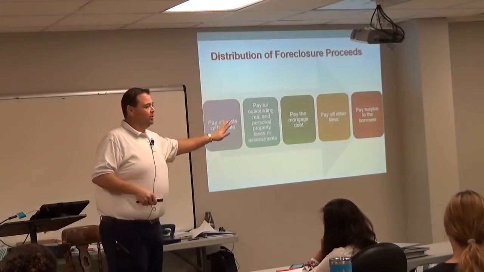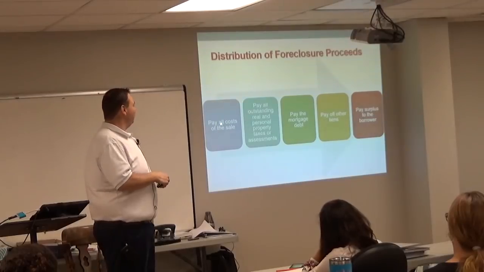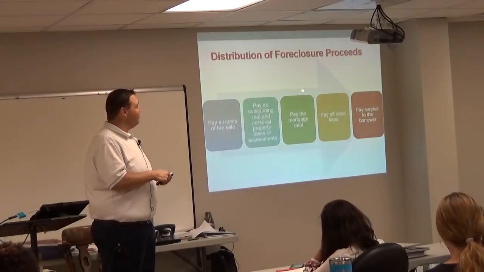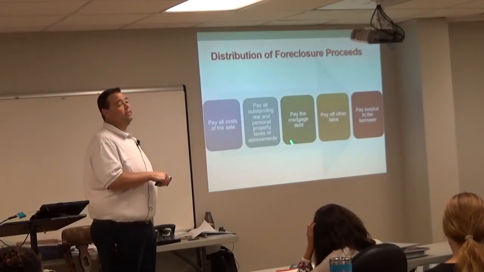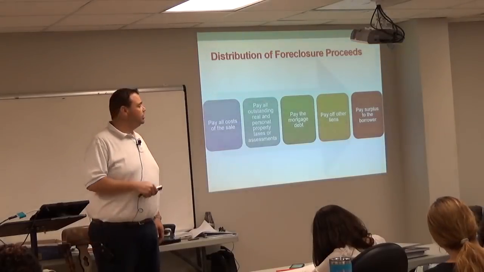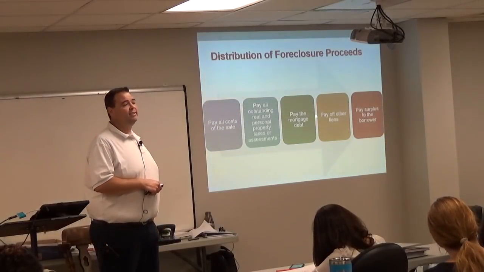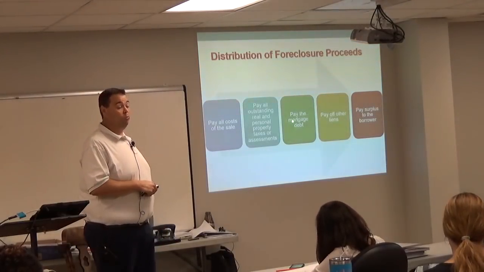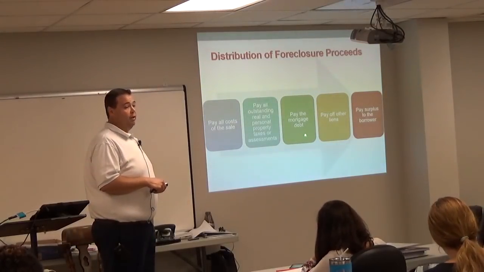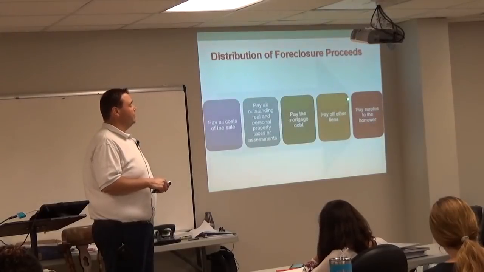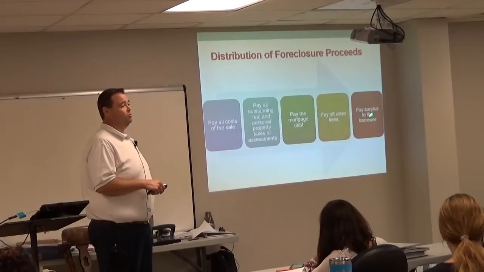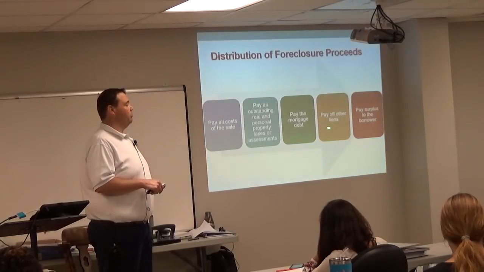This color choice was made for a reason. You're real good over here and real bad if you're down on this end. Because right about here, this pukey green color is where you run out of money on a foreclosure auction. Generally speaking, you're never going to get past this step on most foreclosures. This is where the money runs out. And when it's gone, it's gone. So like your mechanics liens down here, for example, or HOA liens, what are they going to get out of this most likely? Nothing, because there's not going to be any money left over.